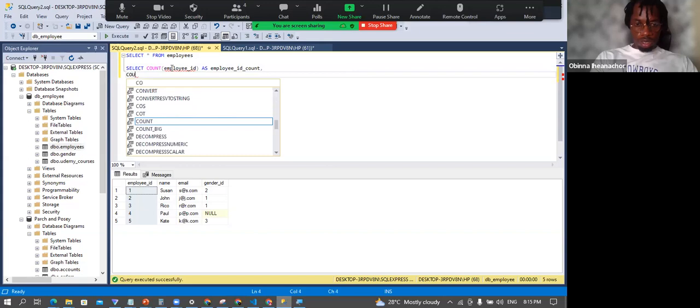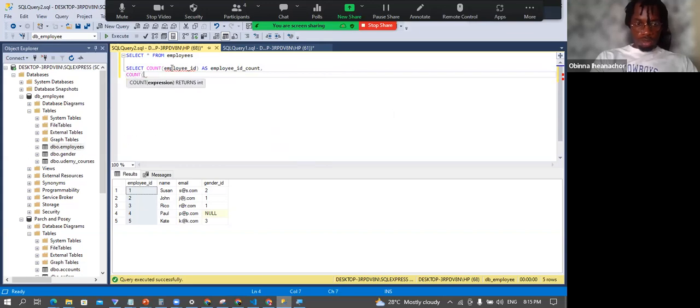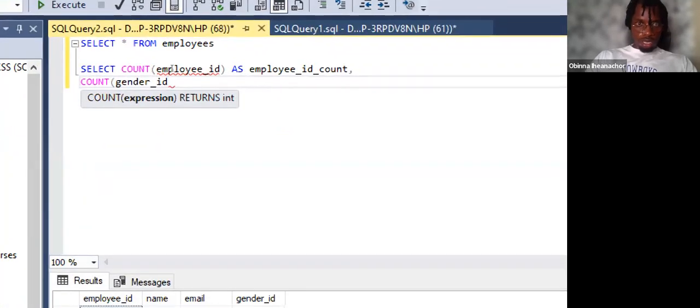And then count gender ID. Let me zoom in. And then count gender ID as gender ID count. So what I'm trying to do is I'm trying to